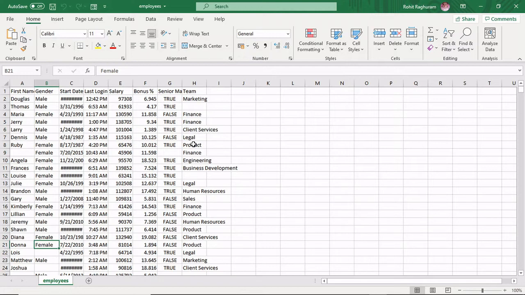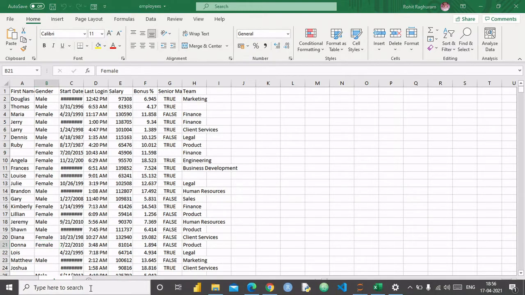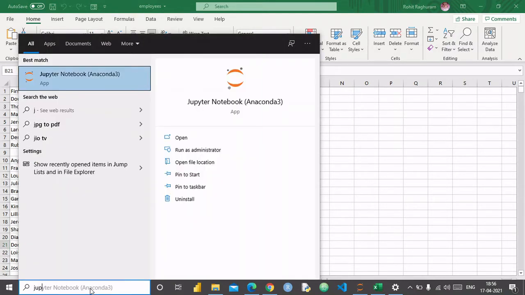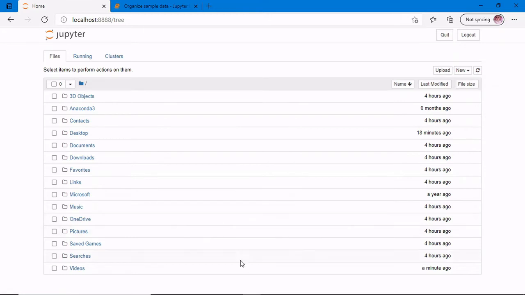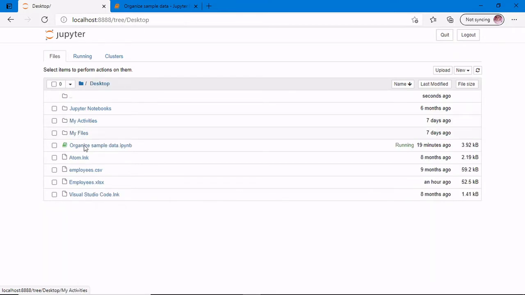So the first step, as I have shown in the last video, is to open Jupyter Notebook. You can do that by going to the console and typing in JUP and then clicking on this button to open the Jupyter Notebook. Once it is open, you will get a screen such as the following, where you can choose your working directory. For me, my working directory will be my desktop folder, so I will choose the desktop folder. And inside this, I have placed my employees.csv file, which I have received from the company system.